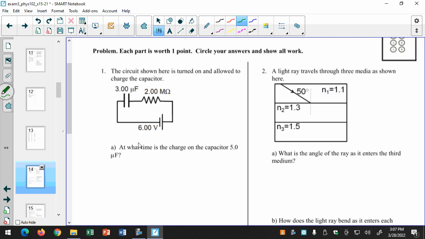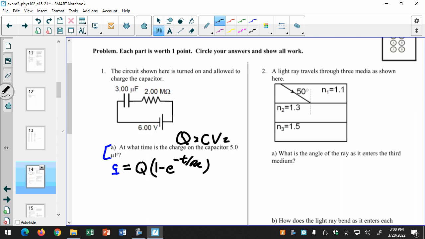This one is similar. Definitely, you're going to have, like part A, at what time is the charge on the capacitor 5 microfarads? Just realize first, this is a charging capacitor. And so when I look on my equation sheet, I get that Q is equal to Q max times 1 minus e to the minus t over RC. It doesn't have to be that. It can be one of the other equations too, but you would solve it in much the same way. And then remember that big Q is equal to C times V,